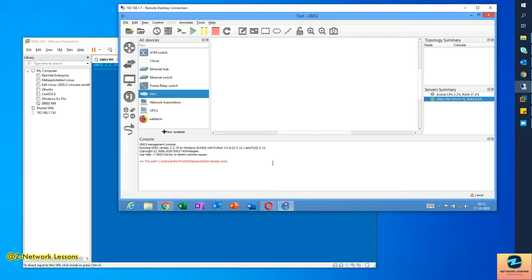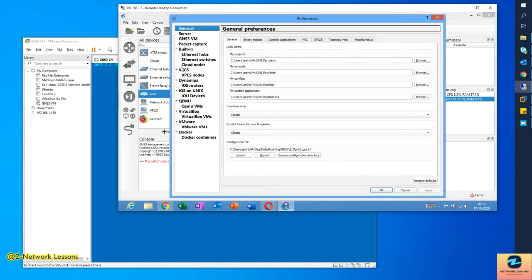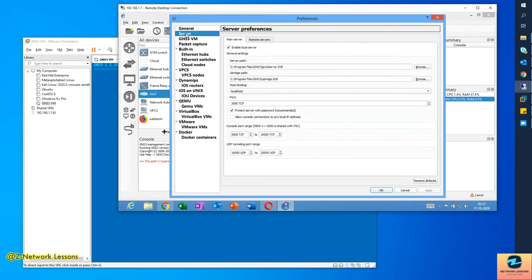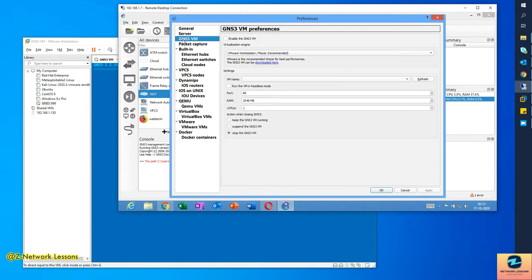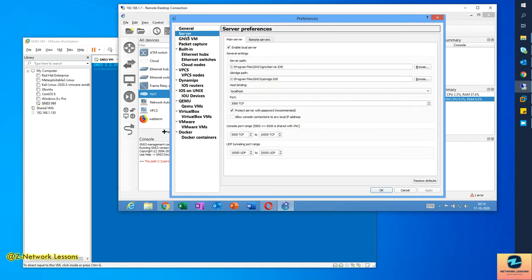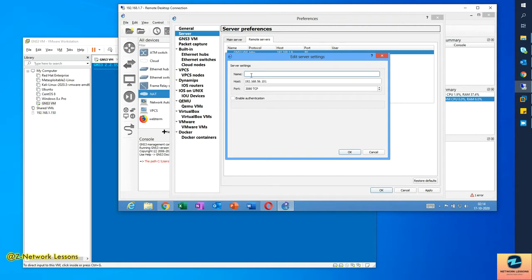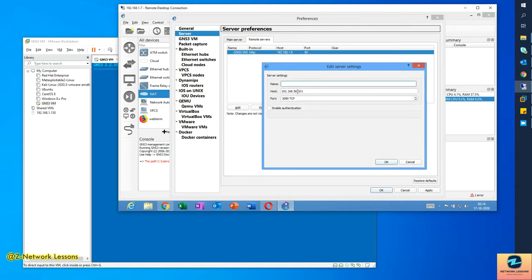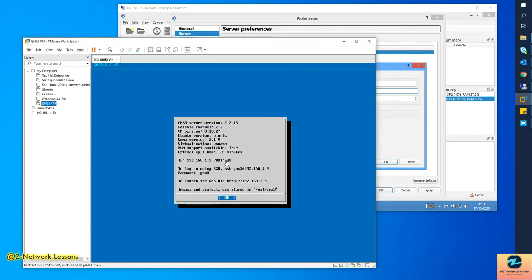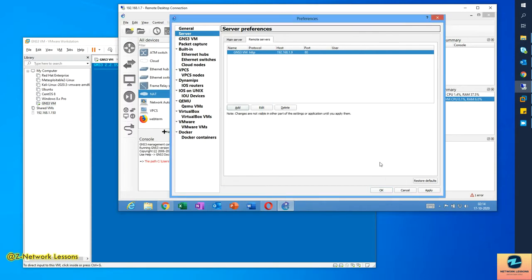Second, what you do, you run the GNS3, and then in the edit and preferences you go to the server section. So in the previous video we went to the GNS3 VM and enabled it, and then we selected it here. That is if you have the GNS3 VM locally on that PC, but now I have this remotely. Maybe you have this GNS3 VM on an ESXi server. So this is how you have to do it. You have to go to the server section and then remote server, and then you have to add this here. So name GNS3 VM, whatever you have kept, and then the host IP, and the port 80 is here because I have the port here. So if you change it here, you can change it here as well. Okay, so that is it.